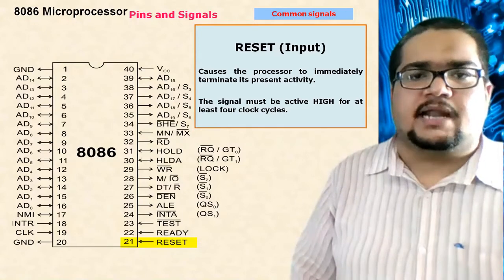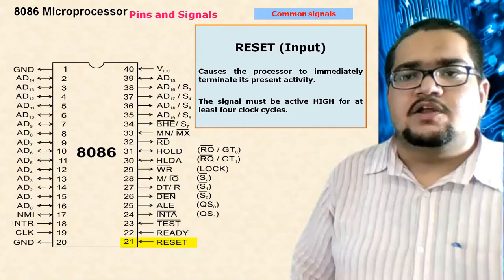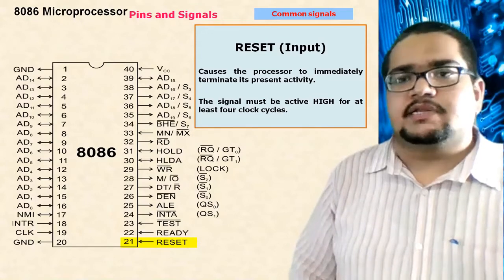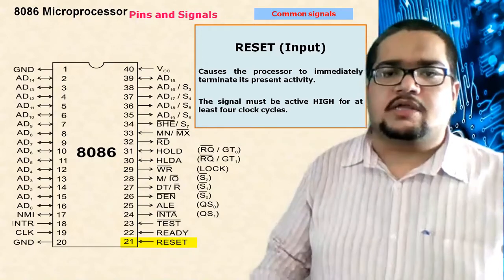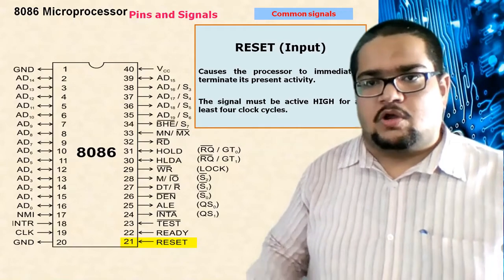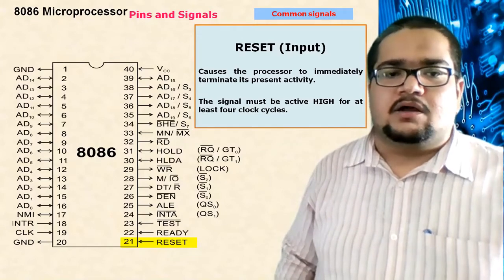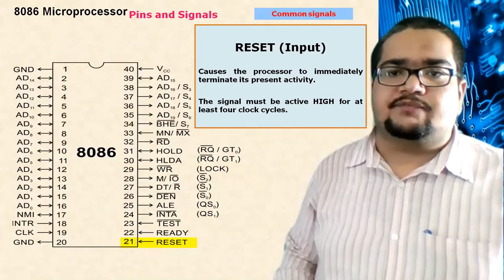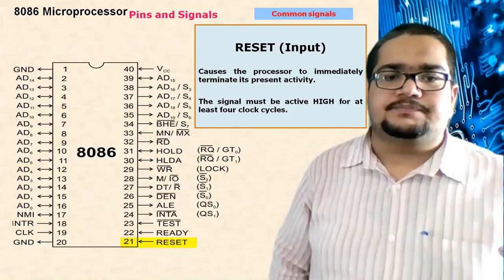Basically it will clear up everything, and the requirement is that you have to continuously give a high signal for 4 clock cycles. What are clock cycles? What is this clocking? Everything we will discuss as we progress. And you must also understand the sequential circuits as you have studied. Clock is a signal given into the clock inputs of all the flip-flops generally. So a clock cycle is one on and one off cycle. Okay, so here you have to give the high signal on pin number 21 for 4 clock cycles. You have to give high and wait for 4 clock cycles, then only it will get a proper reset, otherwise it will not reset. Okay.